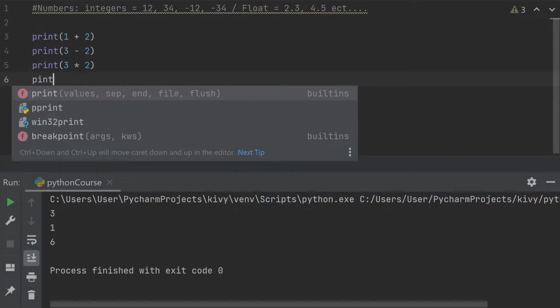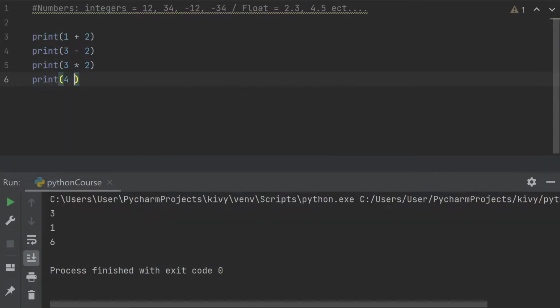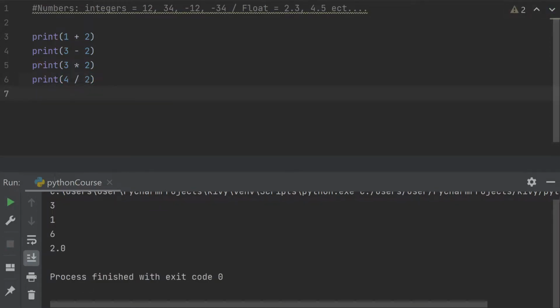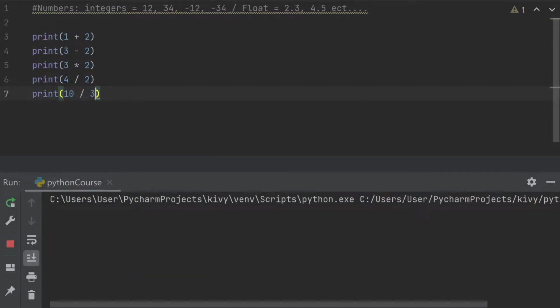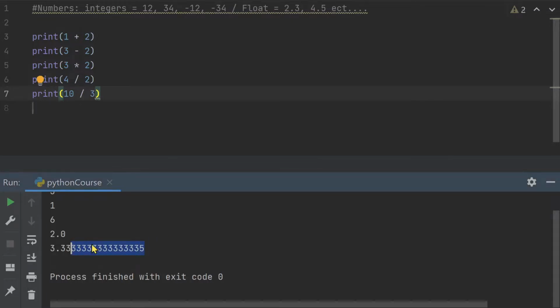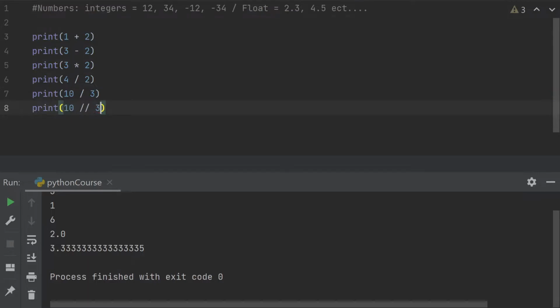Let's say print 4 and the division sign in Python is the front slash. So divided by 2 and we should get 2. Now there's another operator which is the double front slash that gives us the quotient of a division. So let's say print 10 divided by 3. Definitely I'll get a float number like here. But let's say I use the double front slash as so and we will get only 3, which is the